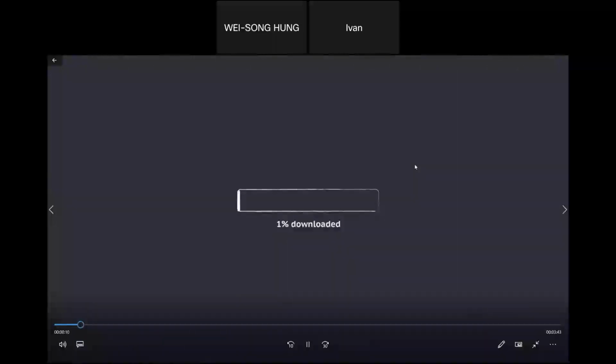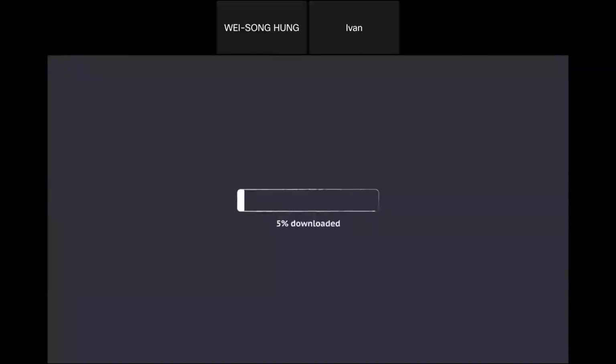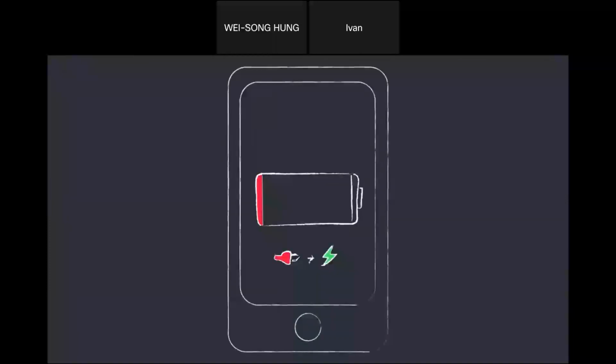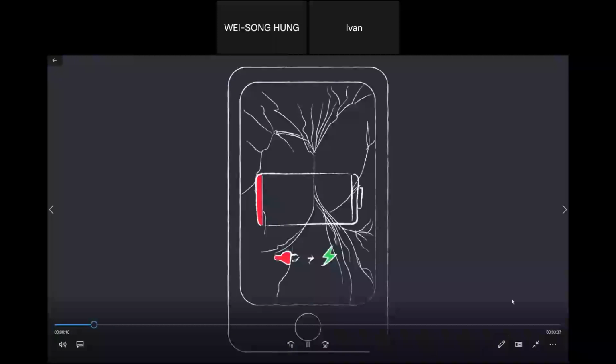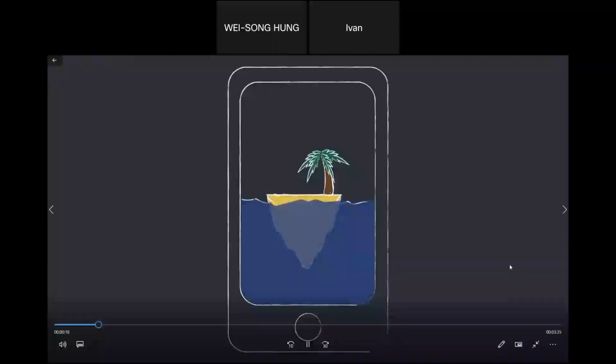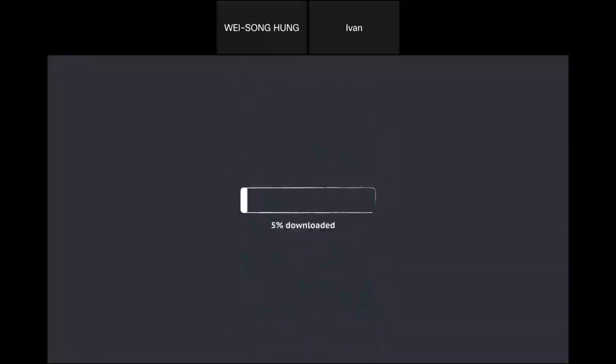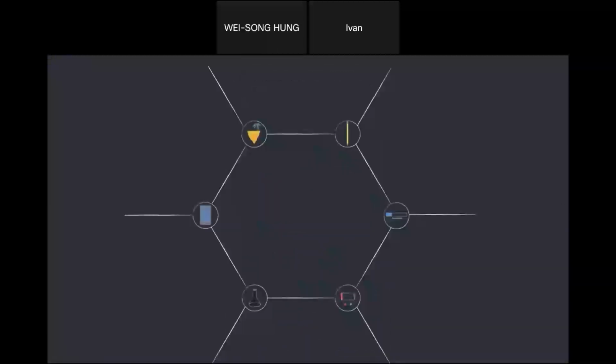Ever been bothered by an ultra-slow download? How about a phone that won't stay charged, or a cracked touchscreen? Imagine you were stranded on an island with nothing to drink. What if science came up with a way to solve all these problems with a single chemical compound that you can find